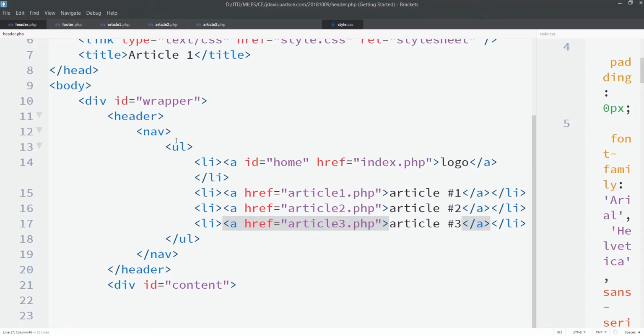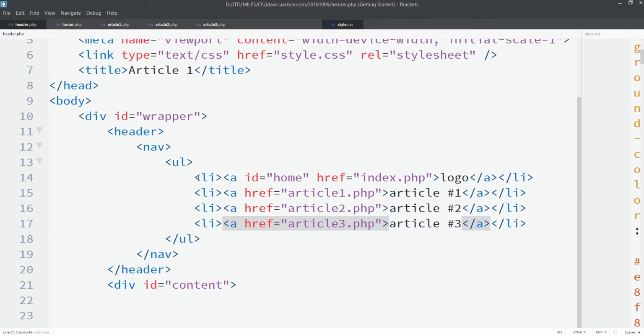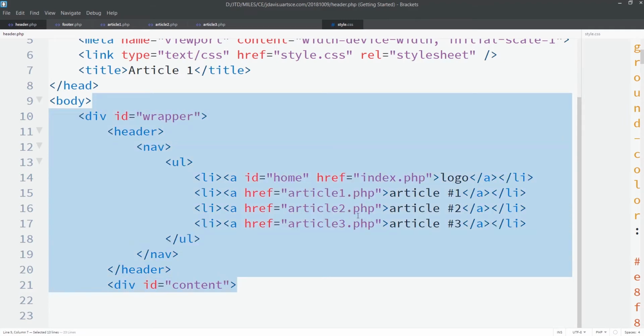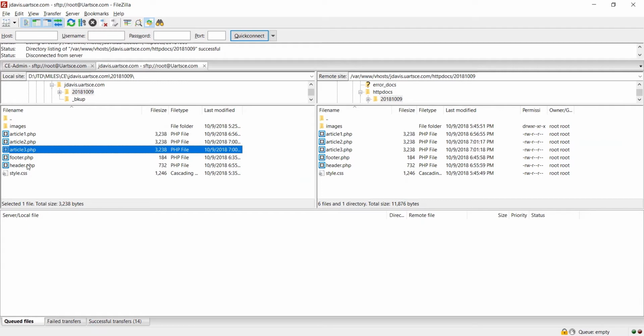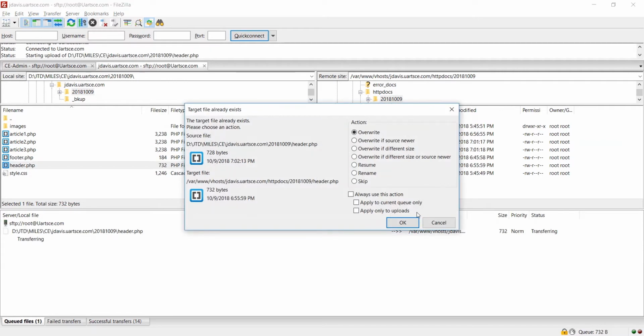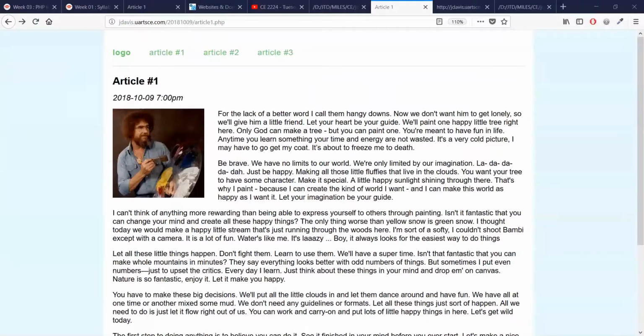So I updated this once in the header.php, and because all of them share the exact same header.php, they're all going to share this exact same change that I'm doing here in the menu. So I'm going to go ahead and update that header.php. And now I'm going to go ahead and refresh this, and now all of these should now be going to